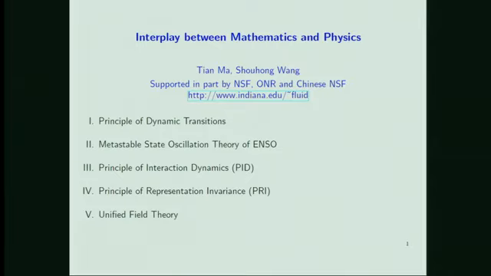It's a long collaboration. Anyway, the title of my talk is kind of big, and I will try to show a few examples that demonstrate the symbiotic interplay between mathematics and physics. I start with things related to this workshop, and then move a little more to field theory and things related to particle physics, which some people may be interested in, some may not. I want to demonstrate this type of interaction by showing some principles we developed recently.